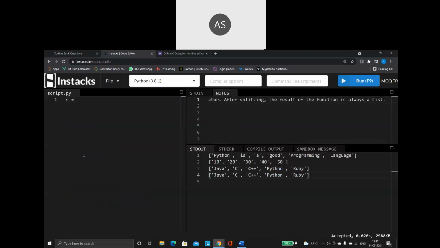So I'm saying yes is equal to input of, okay, then I'm saying just have a look at this piece of code, what I'm doing here.